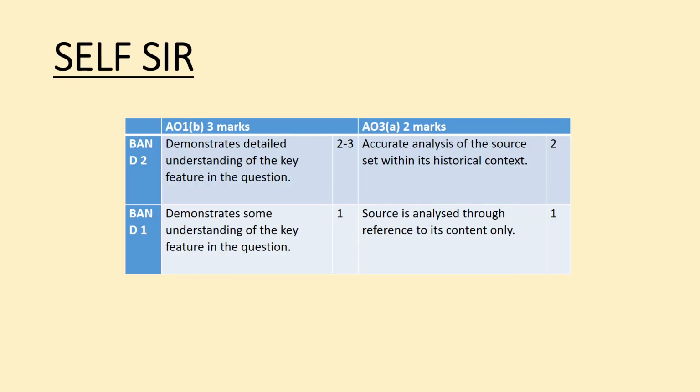Okay, so let's see how you guys did. On the screen now is a mark scheme. You will notice you get up to 3 marks for detailed knowledge, and then you can get up to 2 marks for your use of source and context. So have a little look. If you're not 100% sure of the mark, go with the band, and then give yourself a strength and an improvement, but based on the wording of that question.